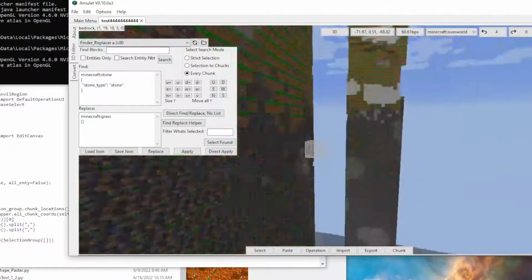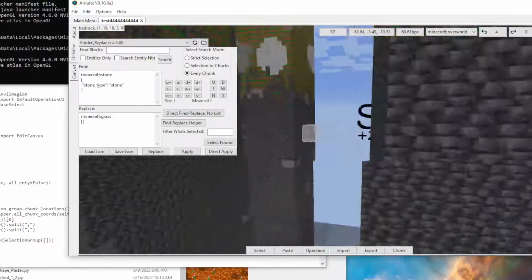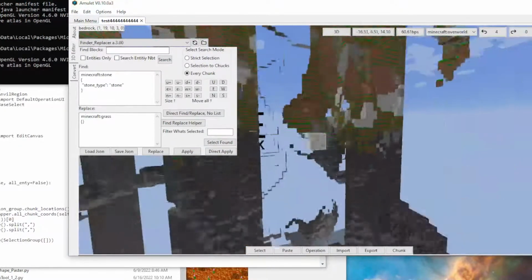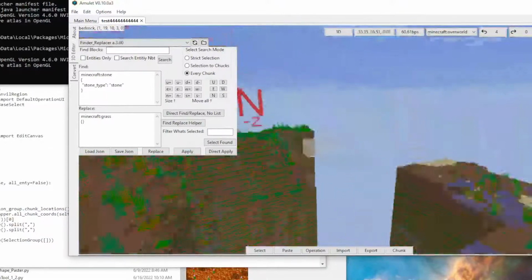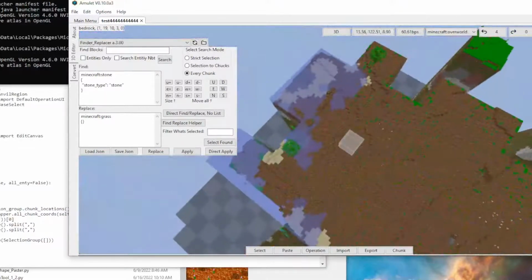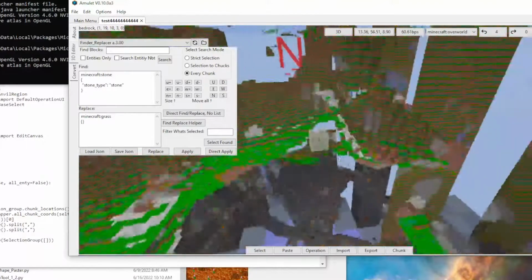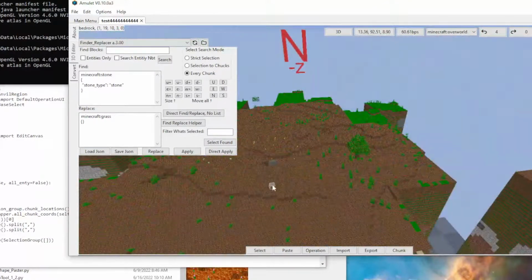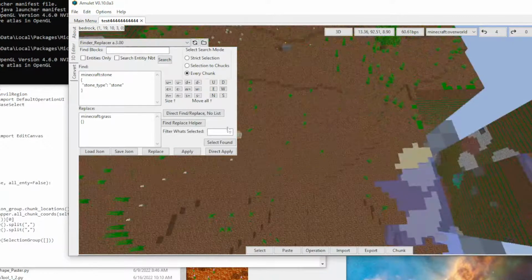Look at that. There's no stone in this world. And it would literally take less than a minute to do it in any other world. And it works, because I already tested it, somebody else helped me test it, so I know my code works. And so I can literally